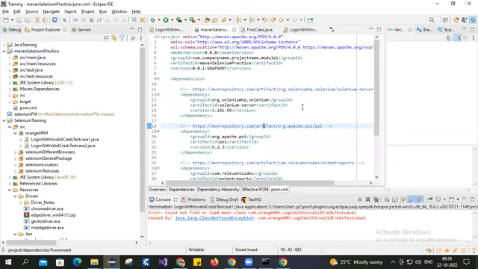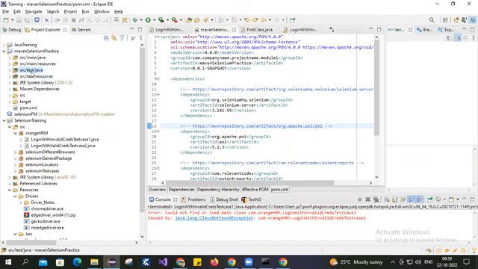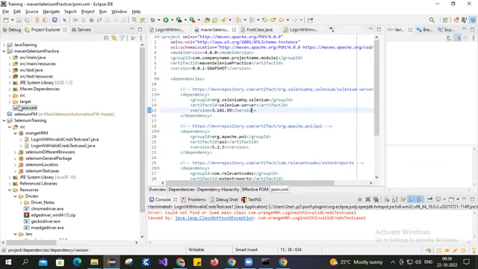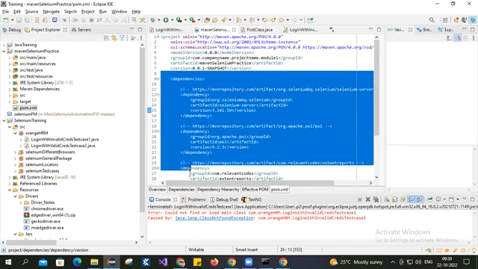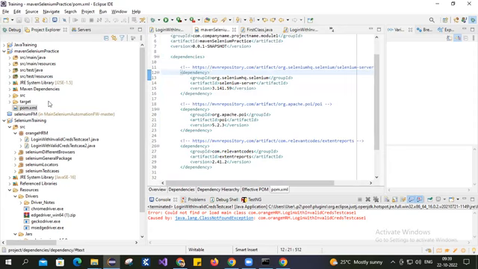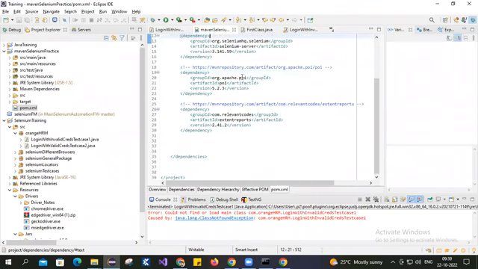When we share this project with its jar files, we share it in a common repository, which is Git. Under Git, we store the whole project, all the code, and the pom.xml file also goes with it. When another user downloads this code, they have the pom.xml in that project, and upon saving or building, this pom.xml executes, and whatever is mentioned in the dependencies tag, it tries to download those jars